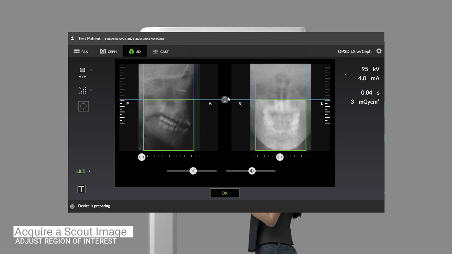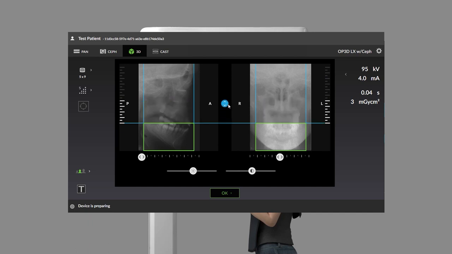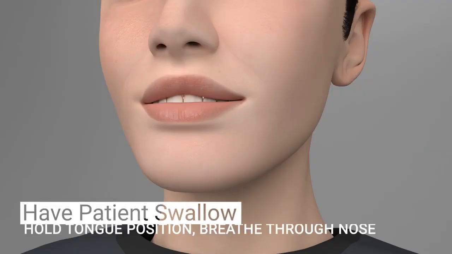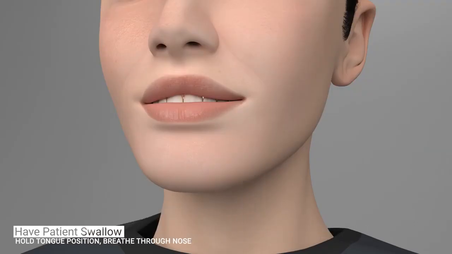It is recommended to take advantage of the beam collimation to limit radiation exposure to help ensure an optimal field of view. You can now retake the scout image if needed or proceed directly to image capture by pressing the OK button. Ask the patient to swallow, hold their tongue position, breathe through their nose, and remain still for the